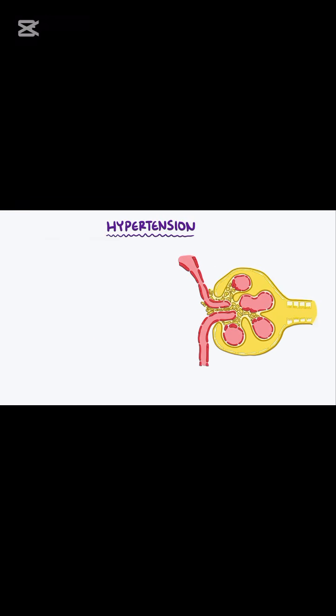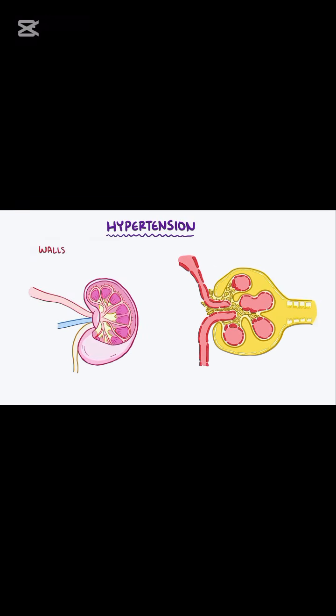One of the most common causes of chronic kidney disease is hypertension. In hypertension, the walls of arteries supplying the kidneys start to thicken in order to withstand the pressure, and that results in a narrow lumen. A narrow lumen means less blood and oxygen gets delivered to the kidney, which leads to ischemic injury to the